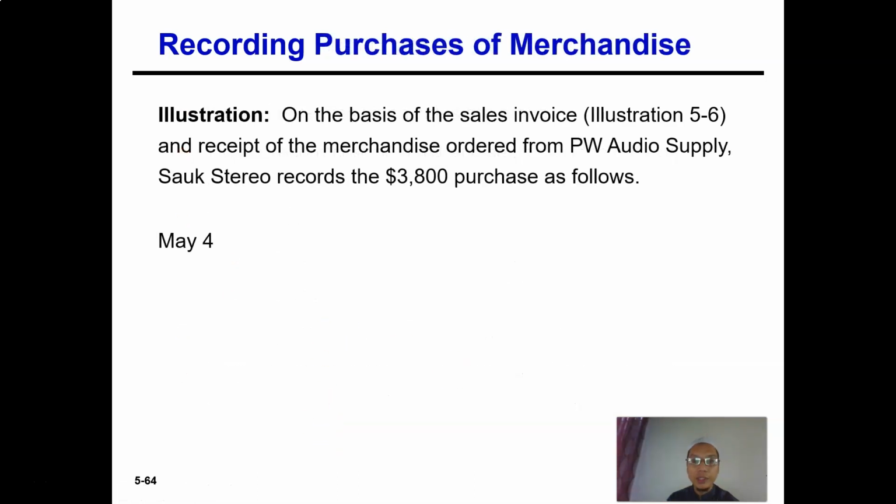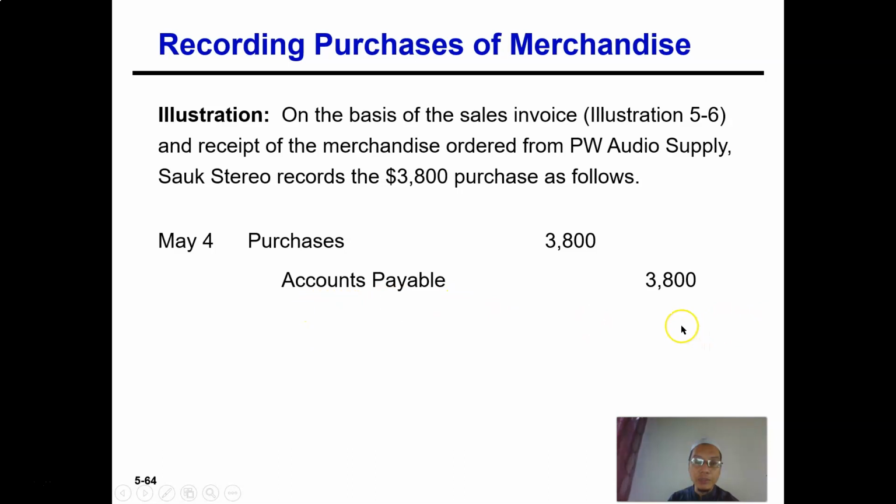Okay. So let us look at some examples on the basis of the sales invoice again and receipt of the merchandise ordered from PW Order Supply. Soup Stereo records a 3,800 purchase as follows. This is how Soup Stereo would record a purchase. They would debit purchases 3,800 and they will credit accounts payable by